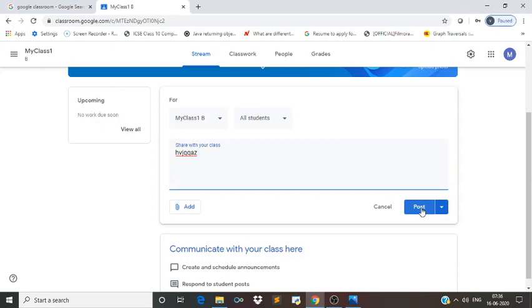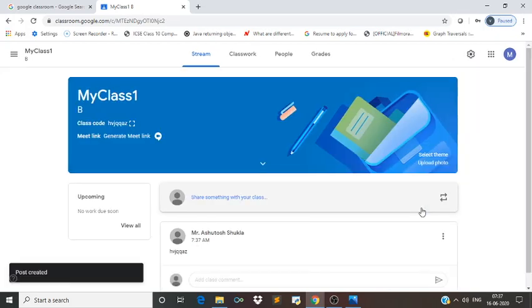Okay, so there are two ways to send this passcode. First is by sending by pressing on this post button and by passing that passcode using WhatsApp group. Okay, so if I click on this post, this will be sent to the student. Okay, now when a student will find that link in his email, he can see this. Okay, now next step is very important,